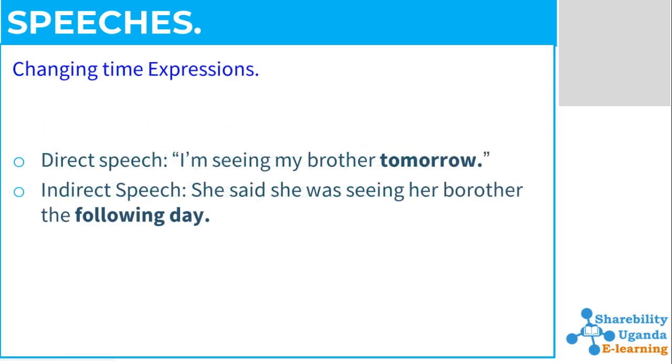Sometimes it's necessary to change the time expressions when you report speech, especially when you are speaking about the past and the time reference no longer applies. Like in the following examples,